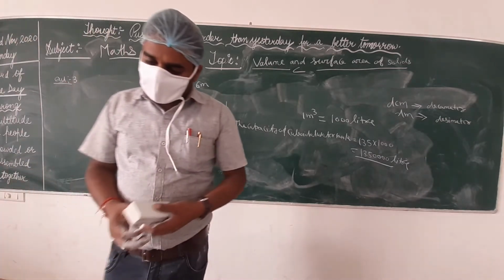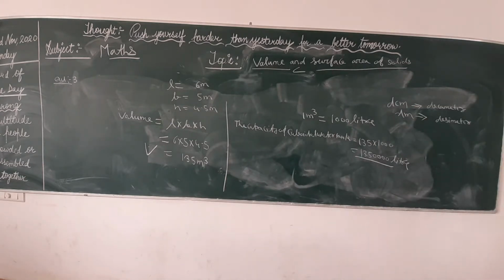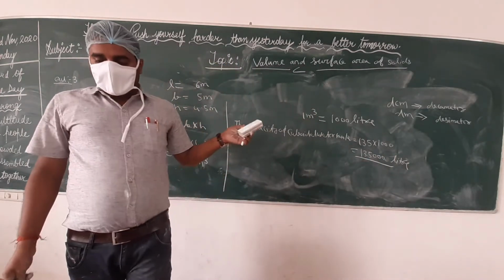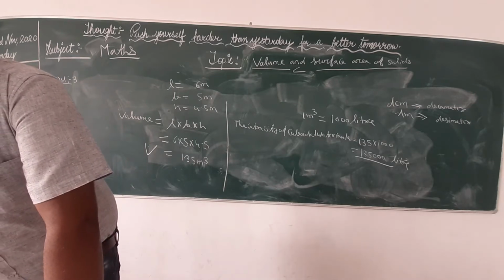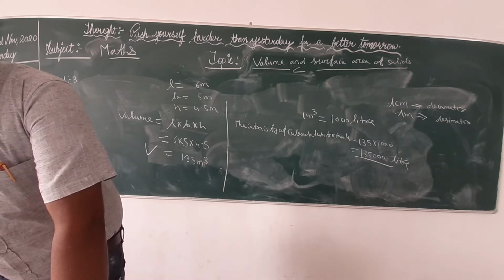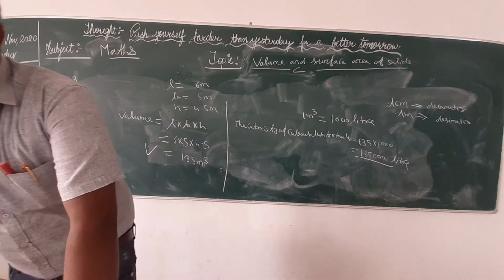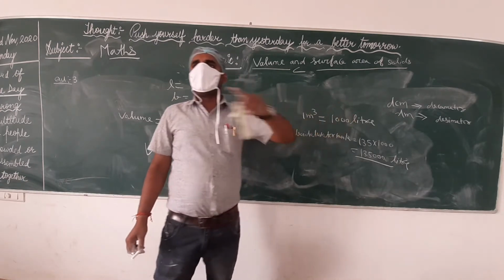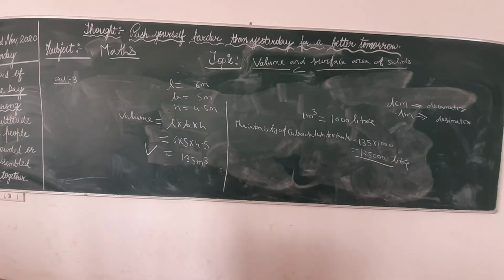In question number 4, the capacity of a cuboidal water tank is given. It means if we divide it by 1000, we convert it into meter cube. It means we have to calculate the volume of this one. You see the total capacity is given, and you know that 1 meter cube equals 1000 liter. It means if the total capacity is divided by 1000, this will give the volume.